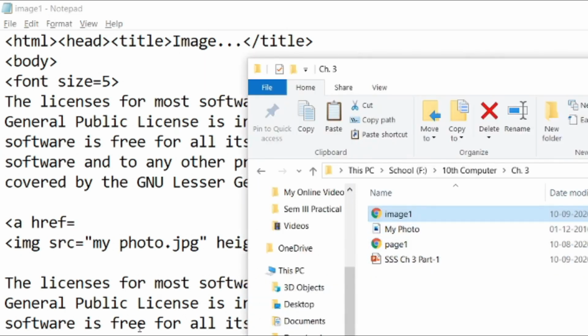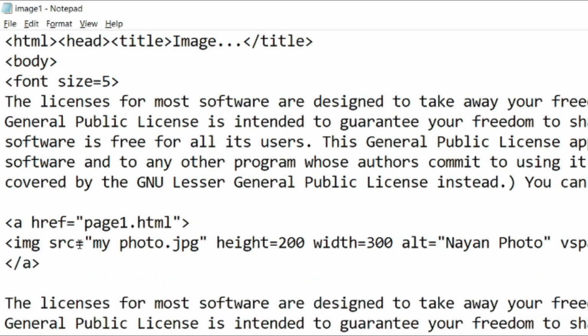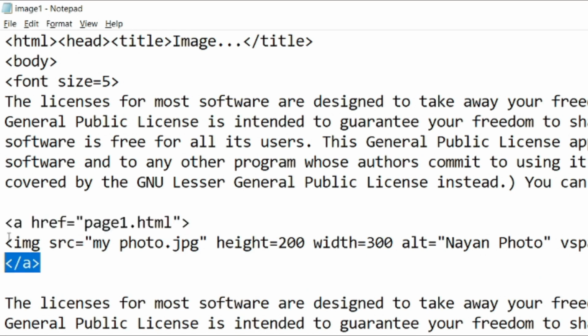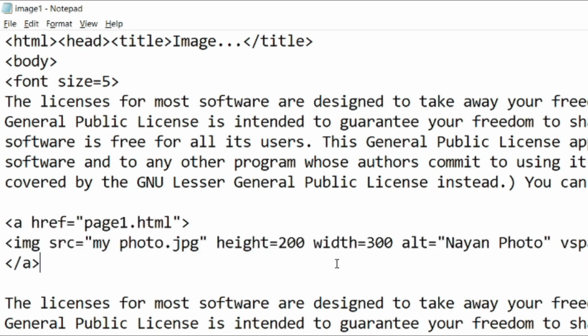I want to link that file, so I'll say page1.html, then the image, and at the last we say /a. So now the image is written between a and /a. So the entire image will become a hotspot, and clicking anywhere on the image will open that page1.html file.